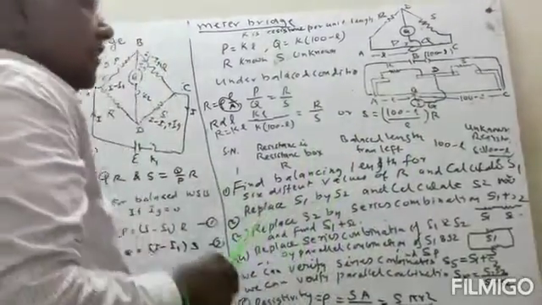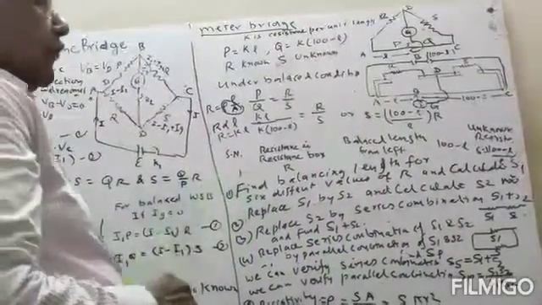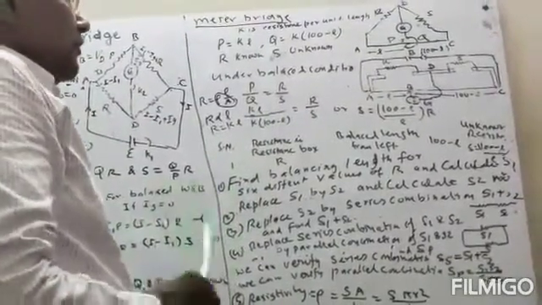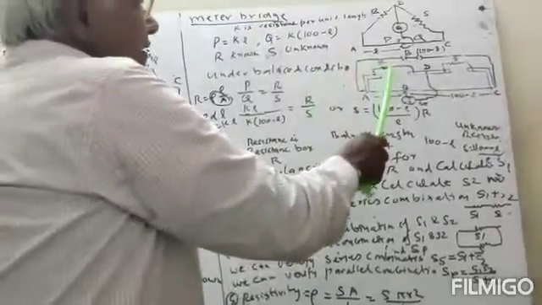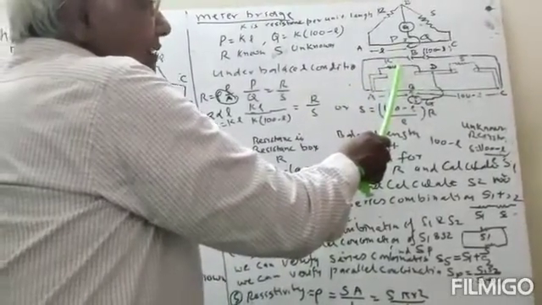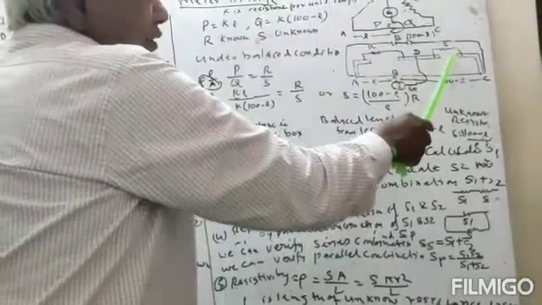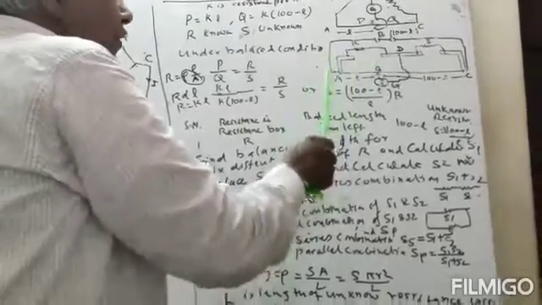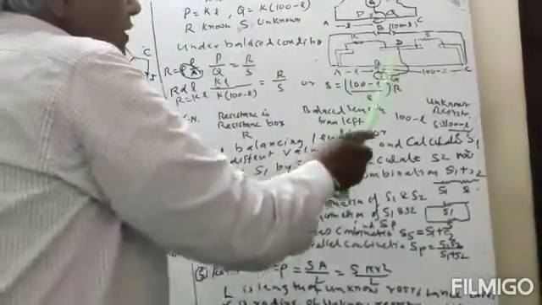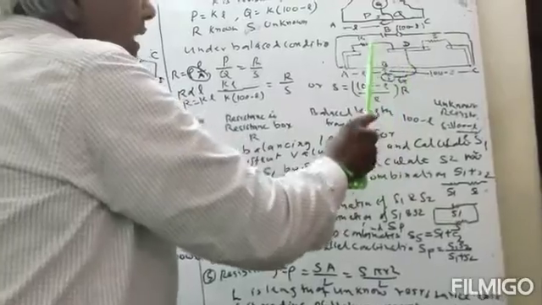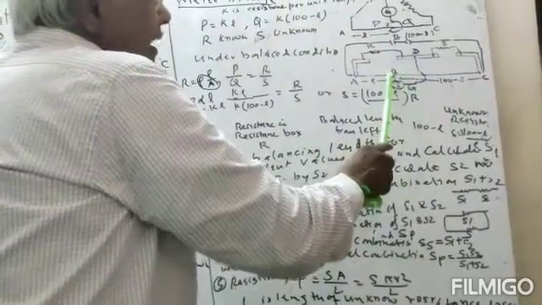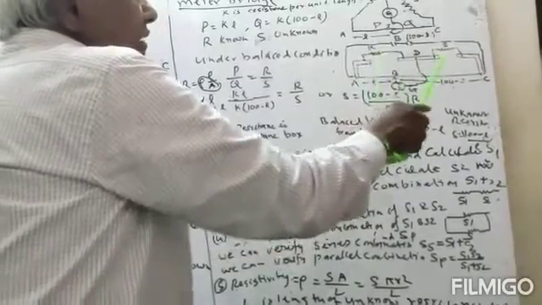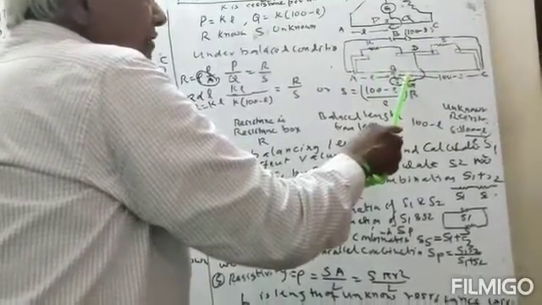Now this is in your practical: how to find a small resistance using the meter bridge. So what will we do? We will take this resistance as a small fractional resistance, and this is the unknown resistance you put here. Now what will you do? You will put the jockey at 50, meaning this resistance and this resistance will be equal, and adjust the resistance R such that the deflection is 0.